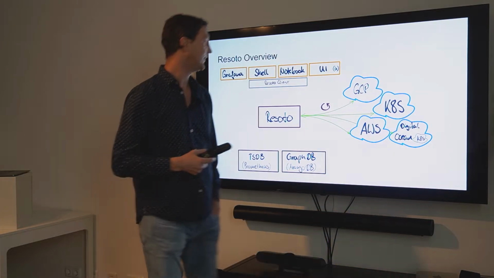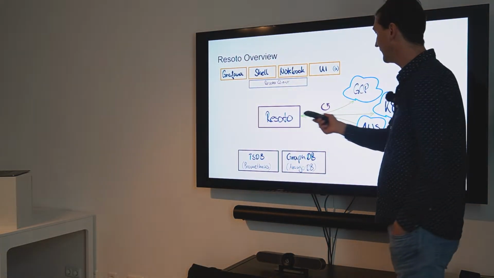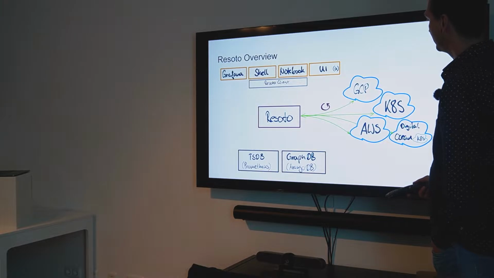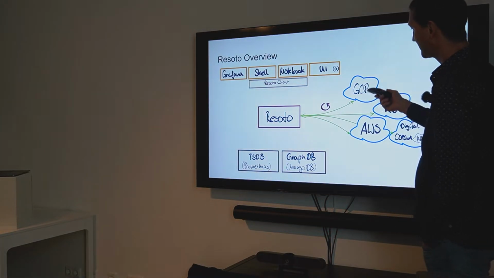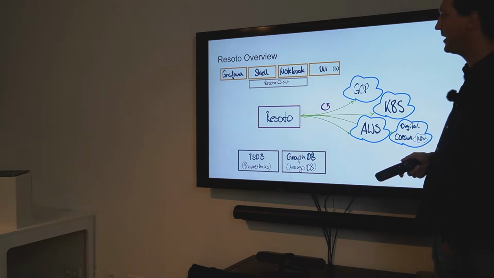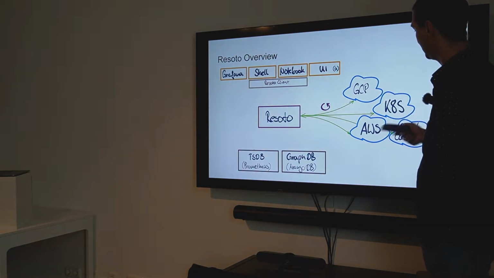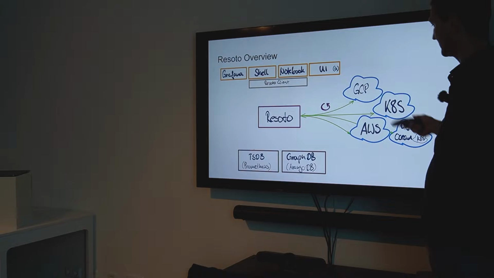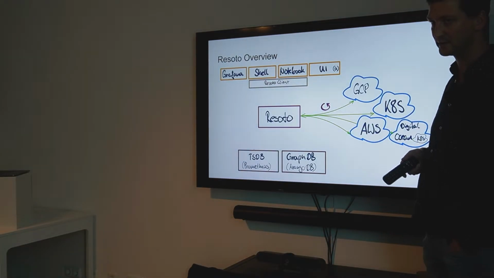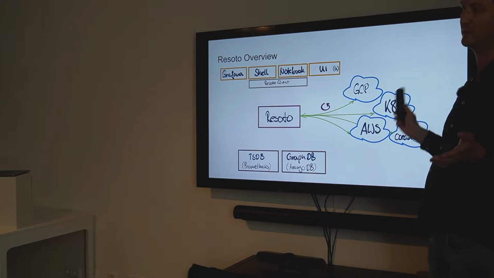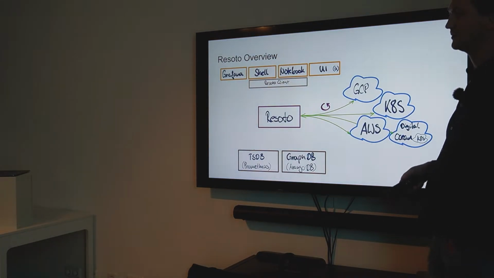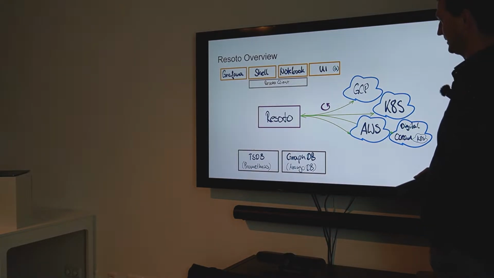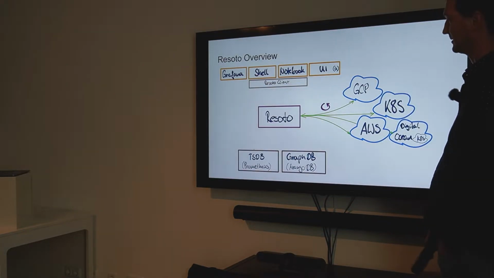And the idea is that Resoto is installed somewhere, usually also in some cloud environment, and that it actually scrapes the infrastructure that you have, like in GCP, in Kubernetes, in AWS, in DigitalOcean. So it uses the APIs that all the cloud providers give you to see what has been installed. And no matter how it was installed, so if you use Terraform or if you just click on the console to create a resource or whatever, as long as it has been created,